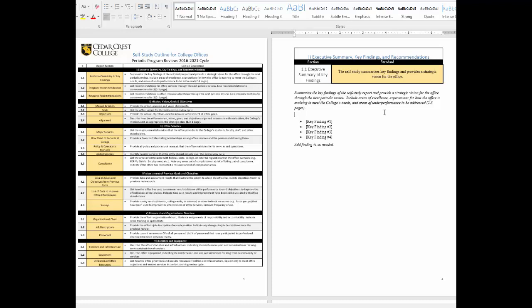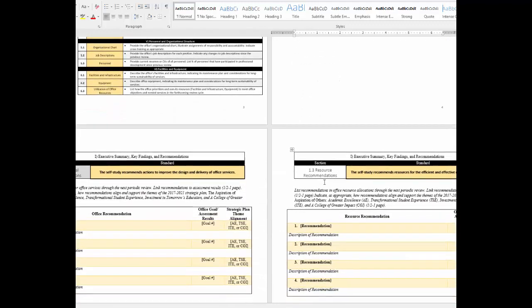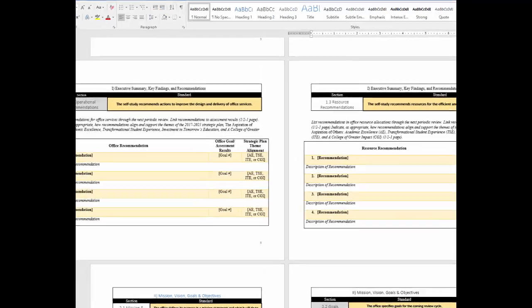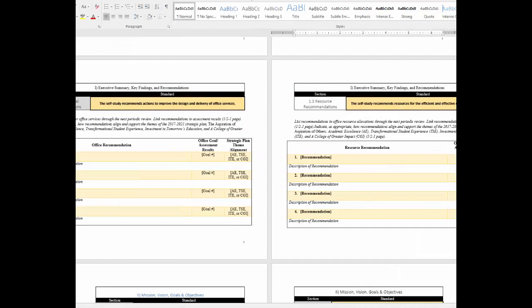A 1 indicates that how well that section of the self-study is meeting the standard needs attention. That's the kind of thing that over the next periodic program review cycle, a 4 to 5 year period, you'll want to report on improvements. Anything that's marked as 0 is something that's critical and needs immediate attention and immediate follow-up within the next annual review cycle. So within this template, you'll see the standards that are included for each section,